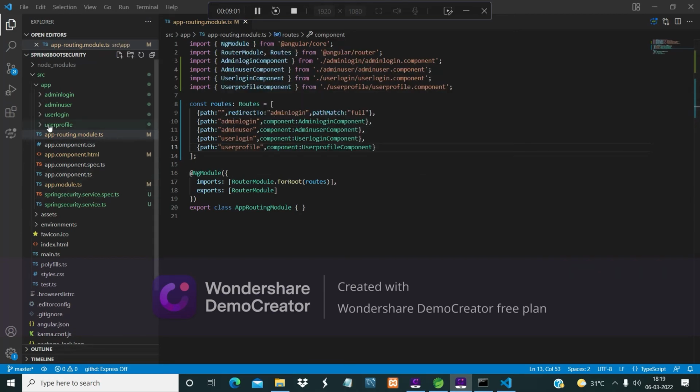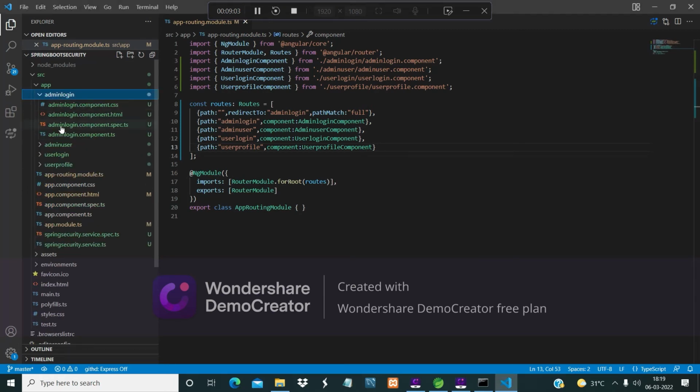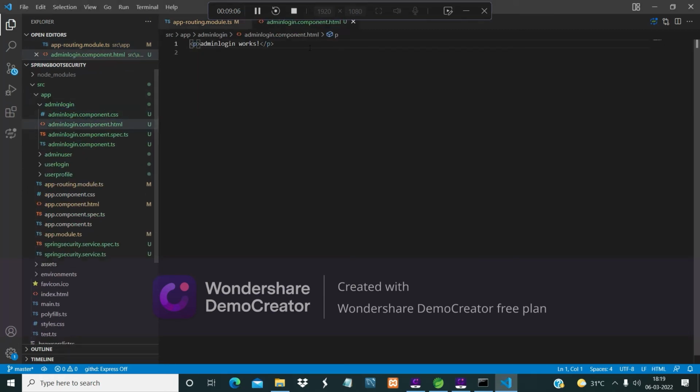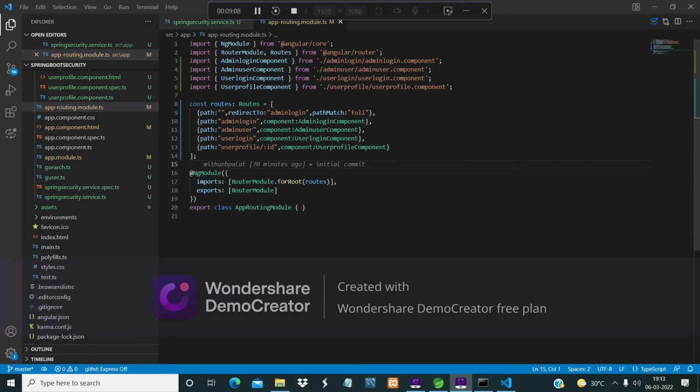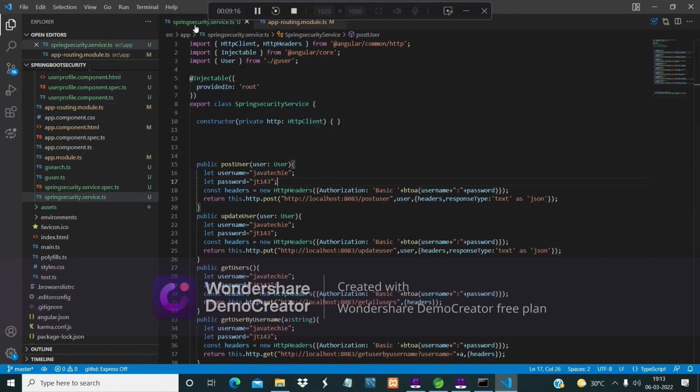So we'll go to the component classes. Our app routing module.ts looks like this. Then we will add the following code to the service.ts.